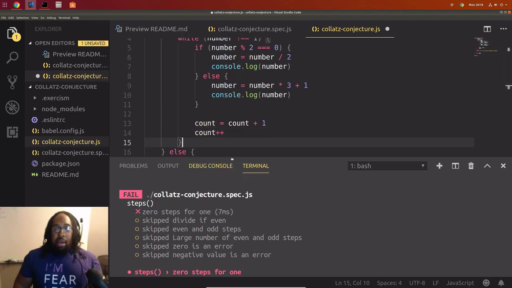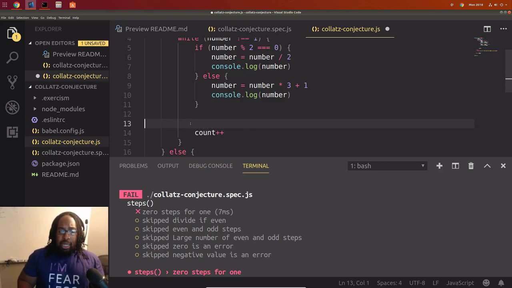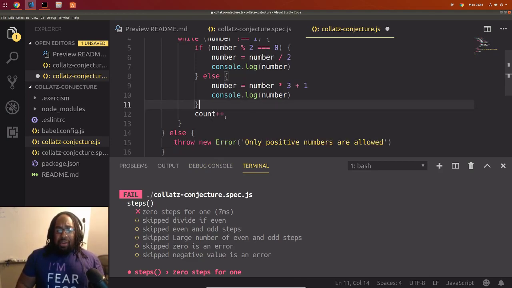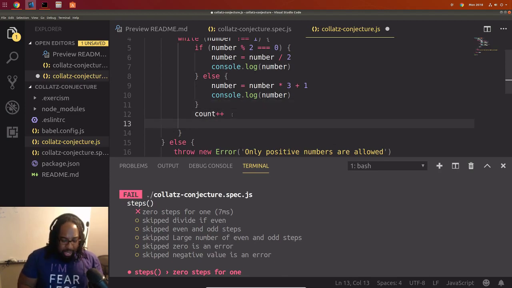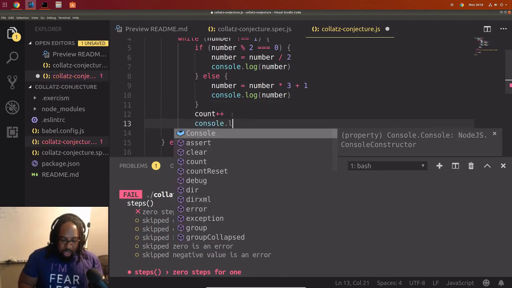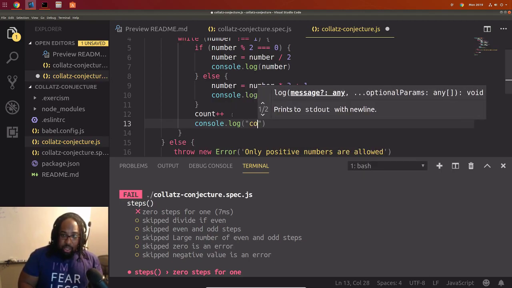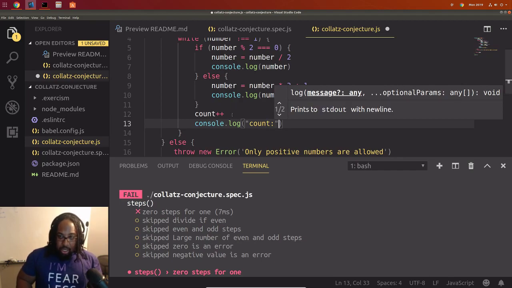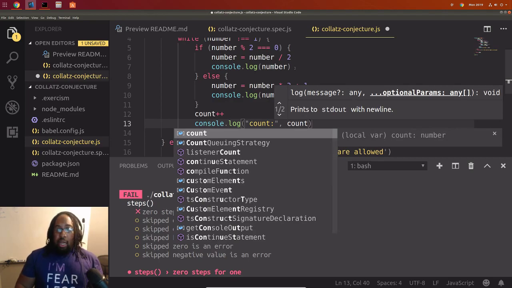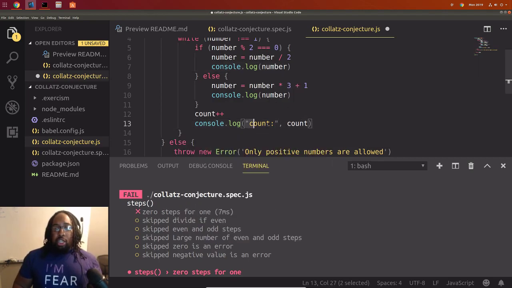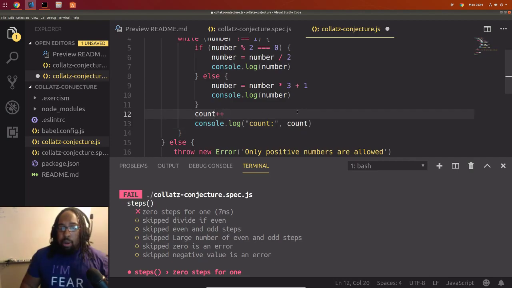But yeah, you can use this for that, and this should add 1 to count every time, and then we can do something else. We can console.log and we will say count, just so we can see what it is. We can print the count string and print the actual count number next to it, just for formatting purposes.